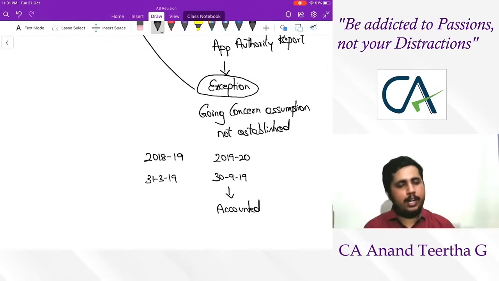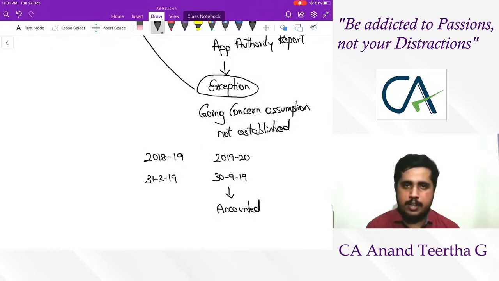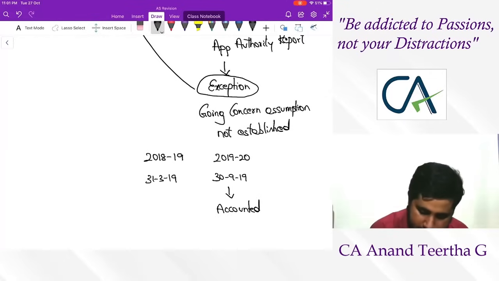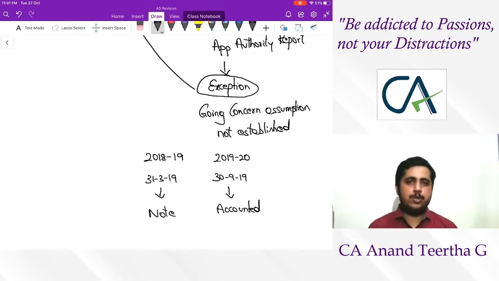Since it is statute, accounting standard does not go beyond that. So therefore 18-19 you need not account for the dividend, instead it is just shown as a note for financial statement users so that they know what is going to happen. Okay, so this is one change. Initially, when old AS4 was there, proposed dividend used to be written in the year of profit itself, but now it is written in the year of declaration according to new statute. So that is how you have to deal with AS4.